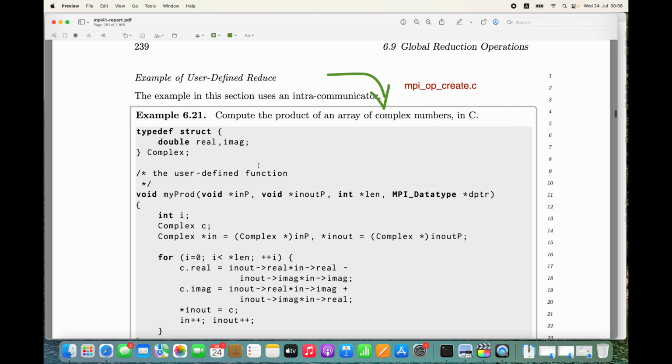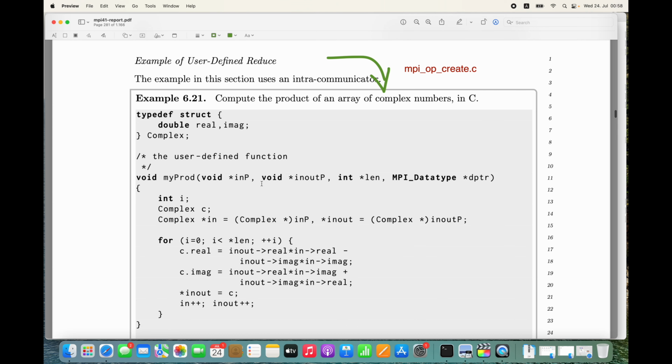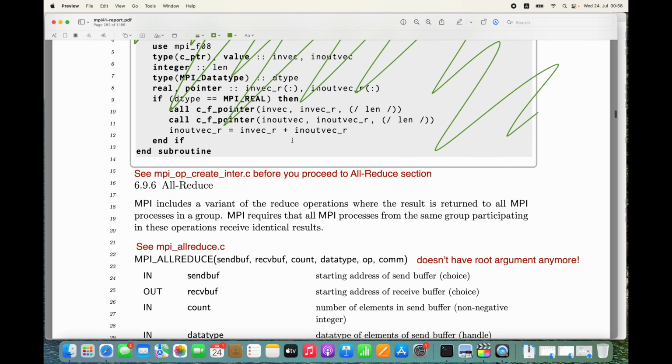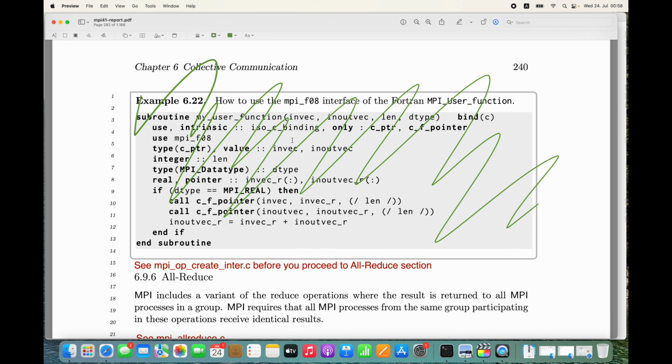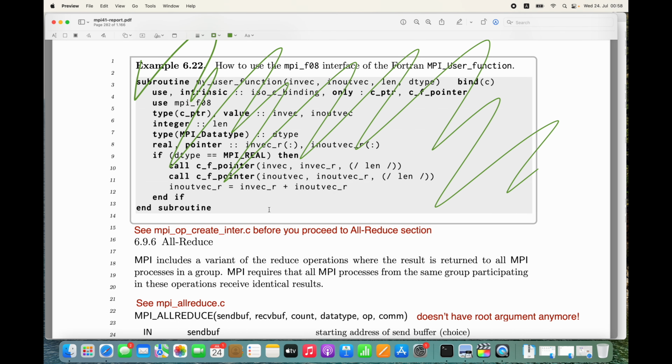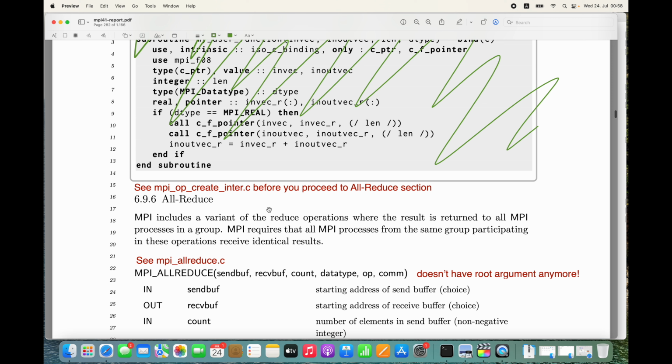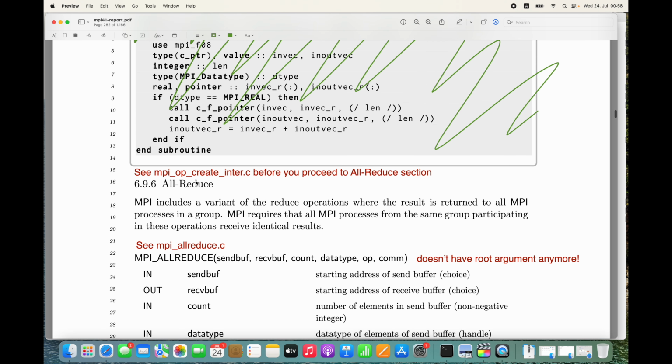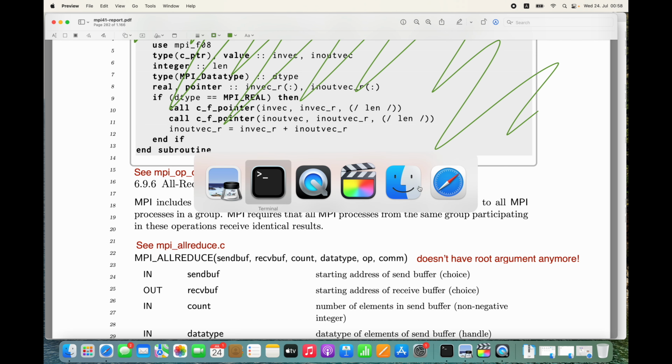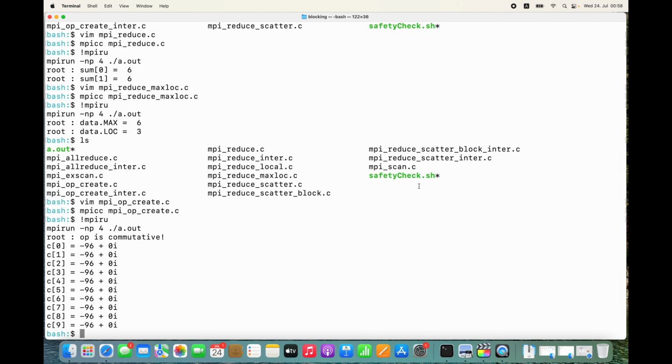In the previous part, we basically have seen this example about MPI_Op_create, operation create, to have our own user-defined operations for reduction operations. Here I also put a note that says see MPI_Op_create_inter before you proceed to all reduce. So let's just jump back here and take a look at MPI_Op_create